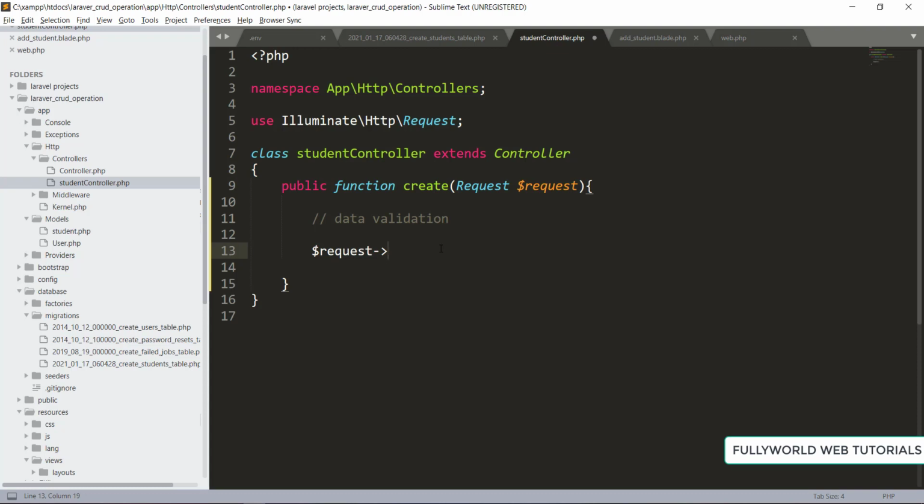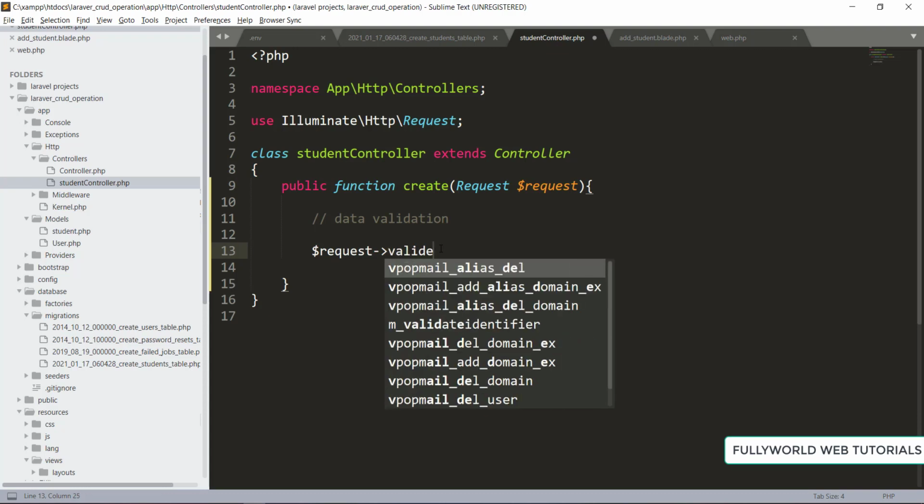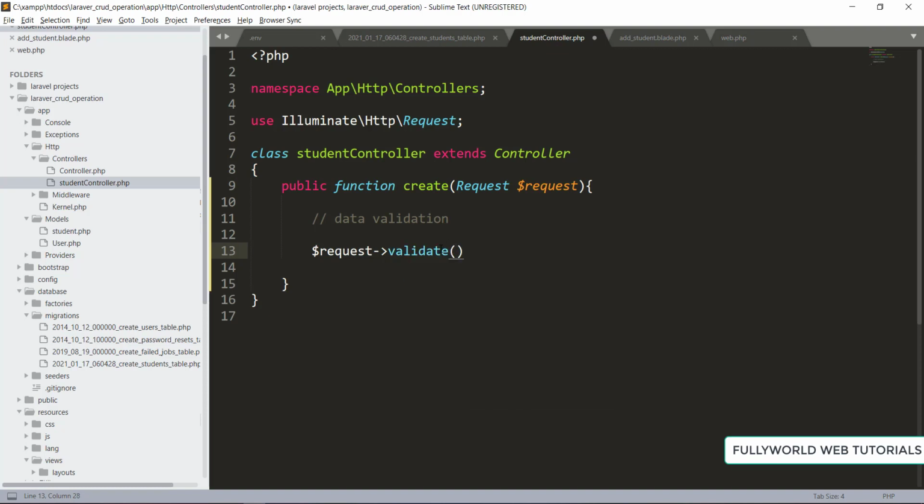With the help of the request variable, we are going to use the validate function. This validate function is a predefined function provided by our request class, so that we can validate our data.